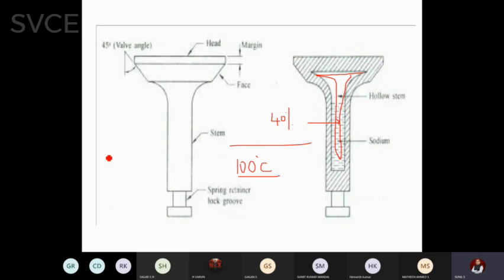For example, if you assume this as a cylinder head, here the inlet valve is there, and we will assume this as the outlet valve. This is the cylinder head and this is the piston. You can see this is the head region. Whenever it moves in, excess temperature will be transferred to the stem. The salt melts and becomes semi-liquid. Whenever it moves out, there will be a cooling jacket, and in the cooling jacket it will give out the excess heat. So it is an integrated cooling mechanism.